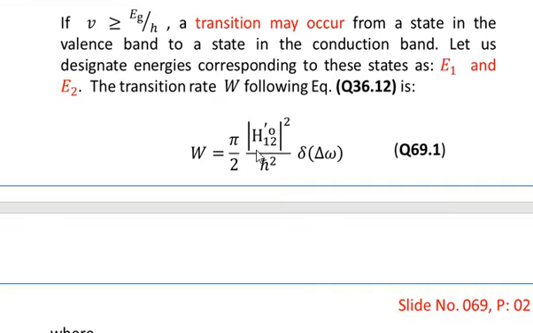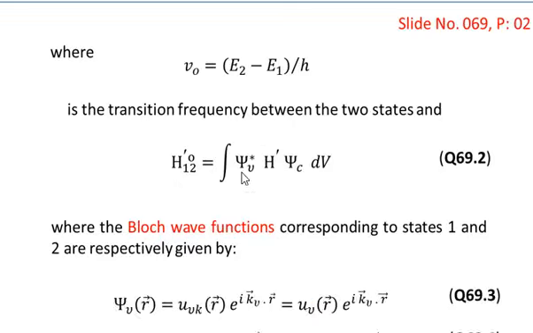And this H12 prime, that is the interaction Hamiltonian, can be specified as the interaction Hamiltonian written on the left hand side is equal to the integral of psi star of V, that is the complex conjugate of the wave function corresponding to the valence band, multiplied by the H prime, which is the interaction Hamiltonian, and then multiplied by psi c, which is the wave function of the system for the conduction band, and integrated over the whole volume,